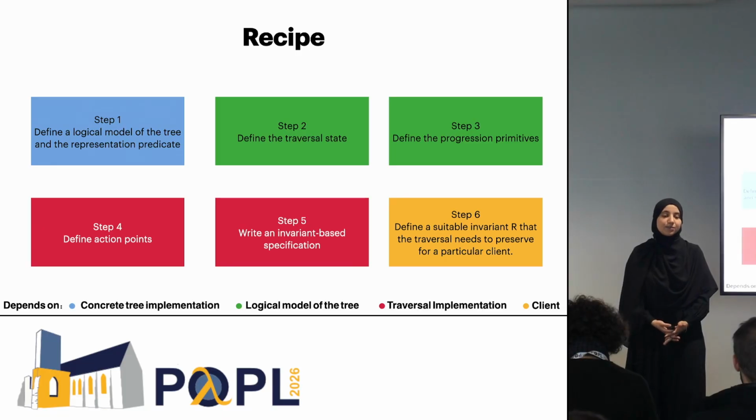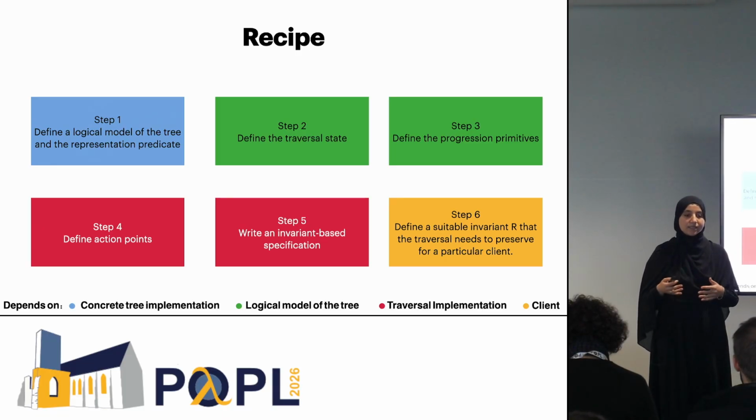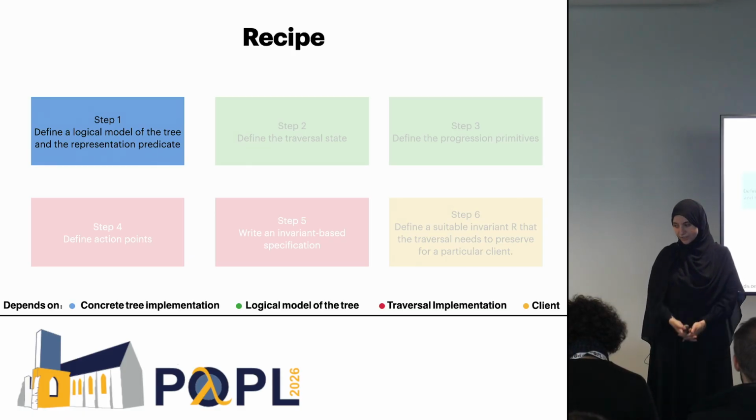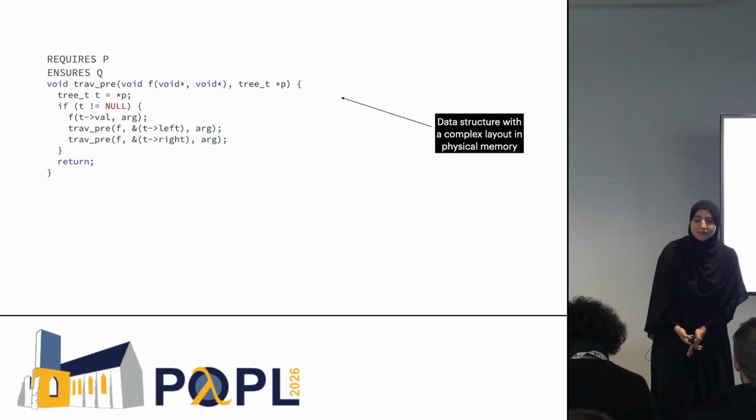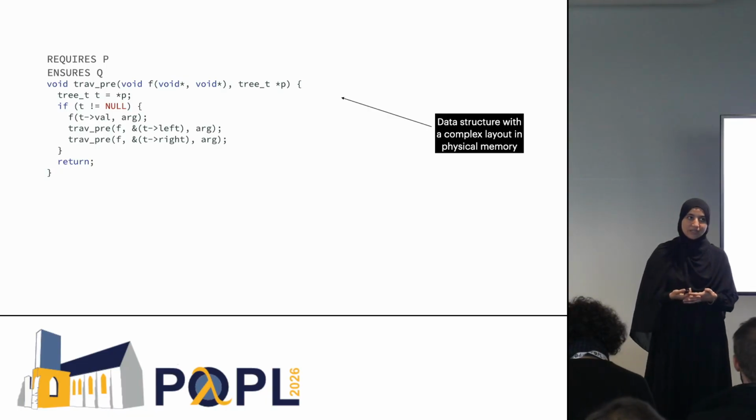So now I'll explain how the recipe works. And to do that, I'll show you how to apply the recipe step by step on the example that I've shown earlier of a pre-order traversal. So the first step is actually quite standard when we're verifying programs that are written in low-level languages like C,